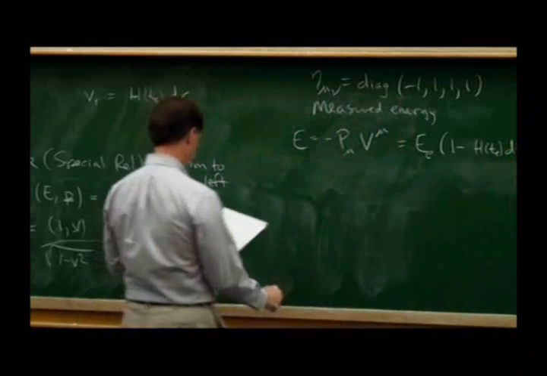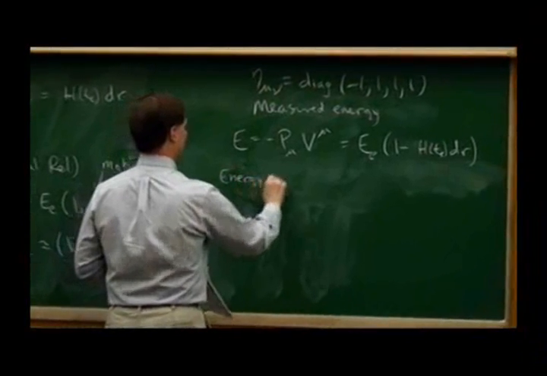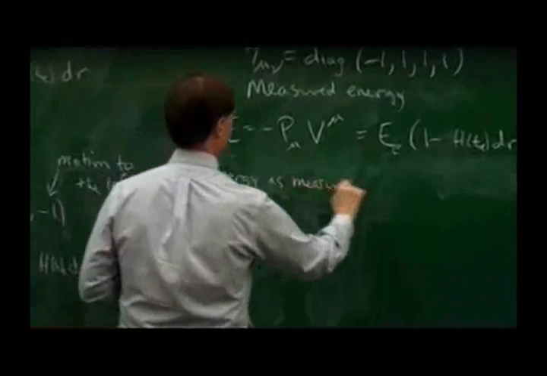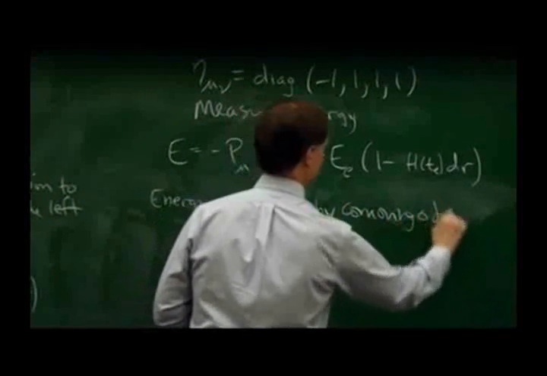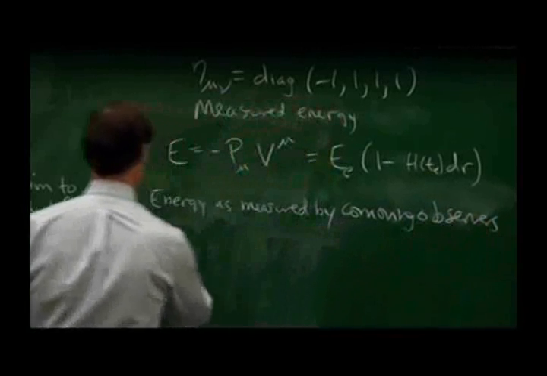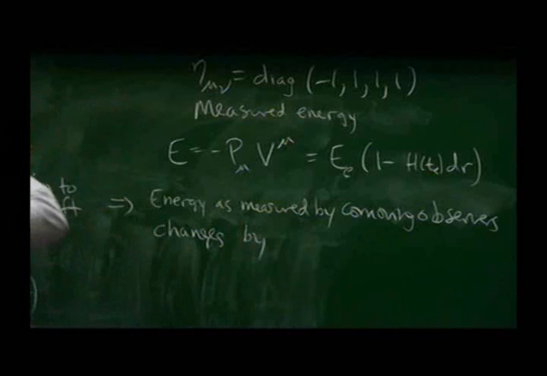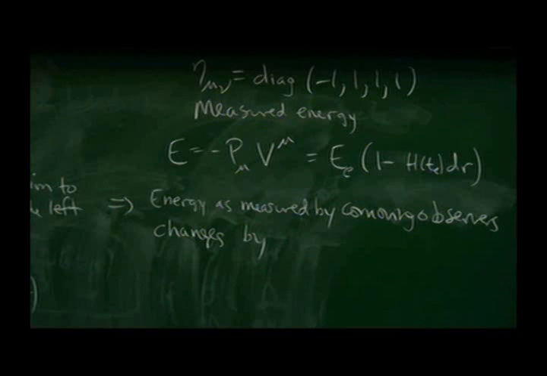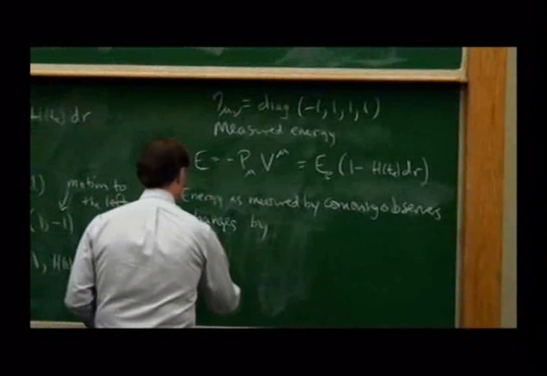All right, so that leads to an energy change. And by the way, both of these observers are co-moving. The first one was co-moving. The energy was E sub E. The second one was also co-moving. The energy is less. So the energy measured by co-moving observers changes with time, and it changes according to